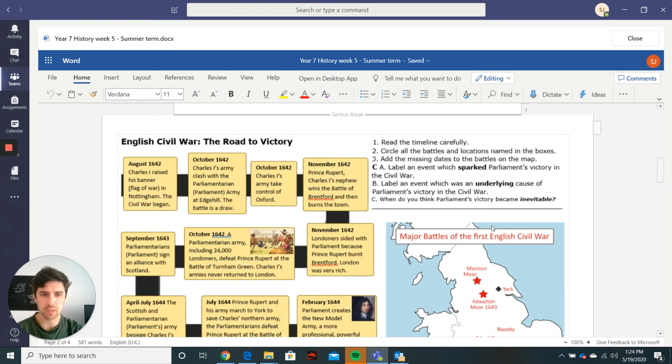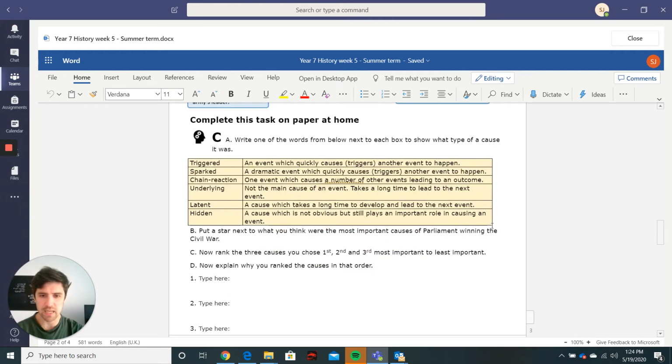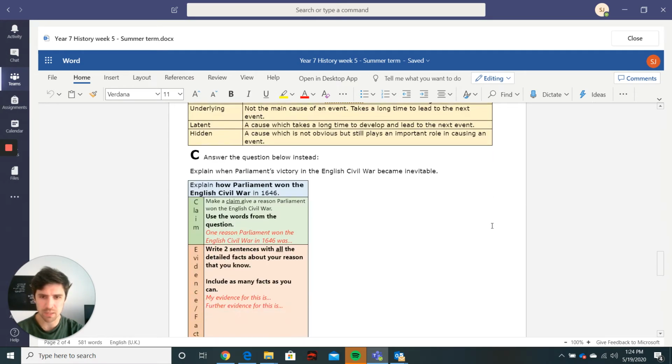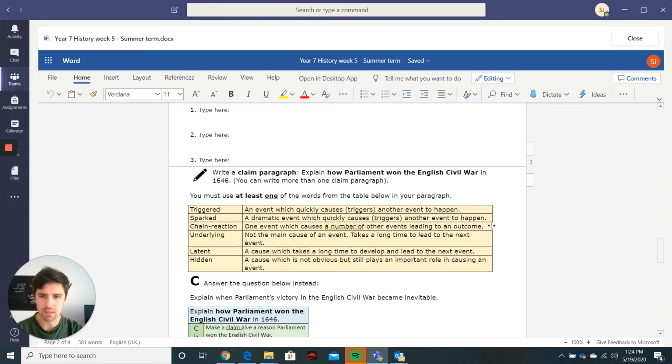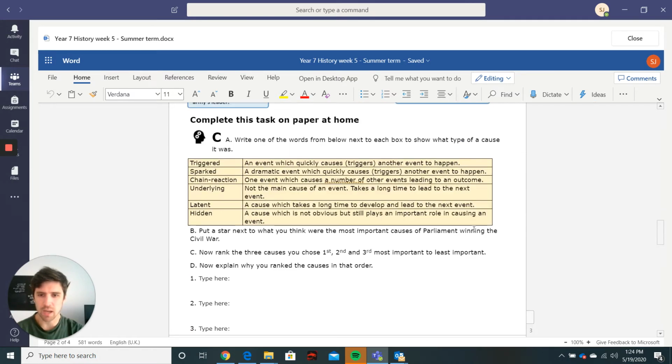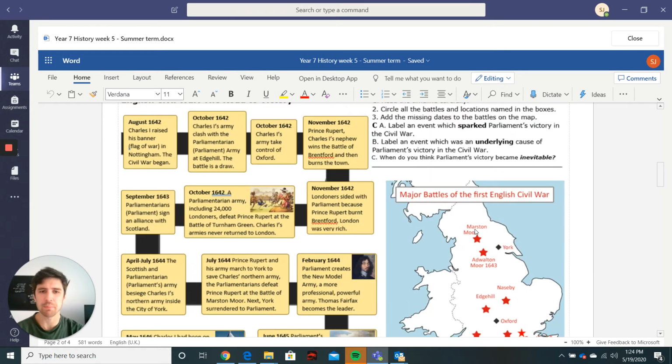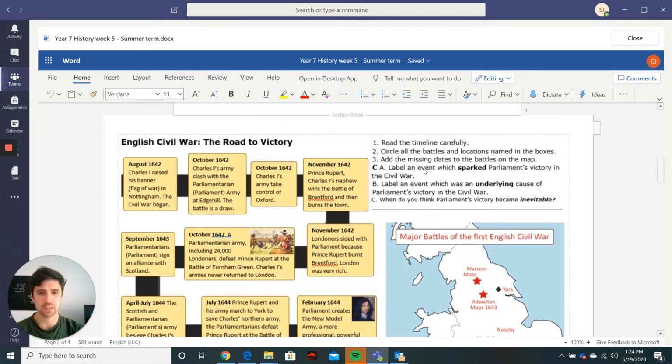Now there's one word that isn't in there, which is inevitable, but I think I put it somewhere. No, I didn't. When something is inevitable, it means it's definitely going to happen, okay? So if you're doing the challenge tasks, well, you can pause the video here and crack on with tasks A, B, and C now. If you're doing tasks 2 and 3, well, as I said, you're going to need to